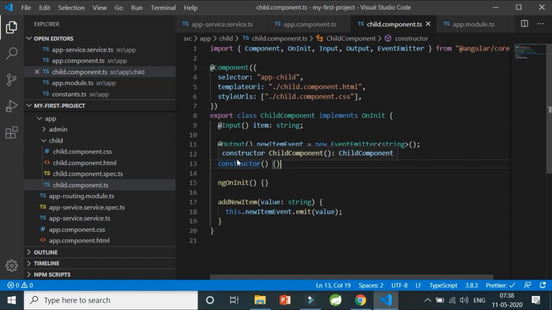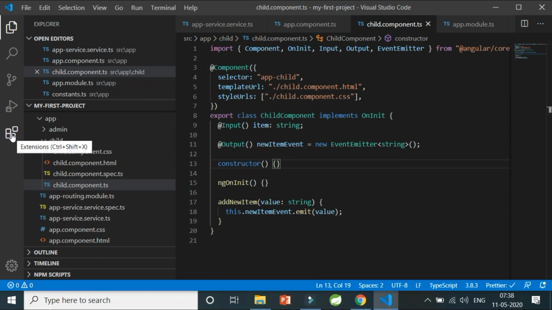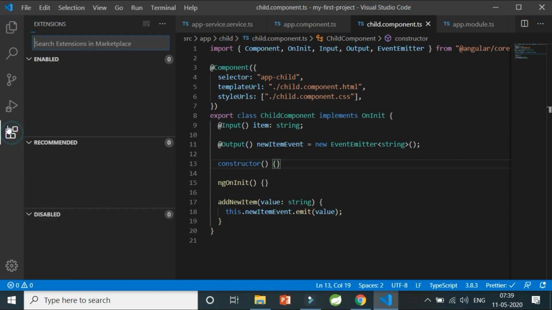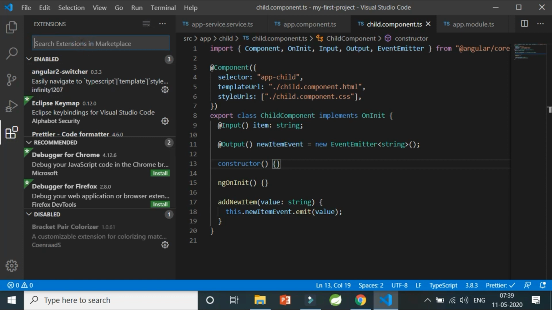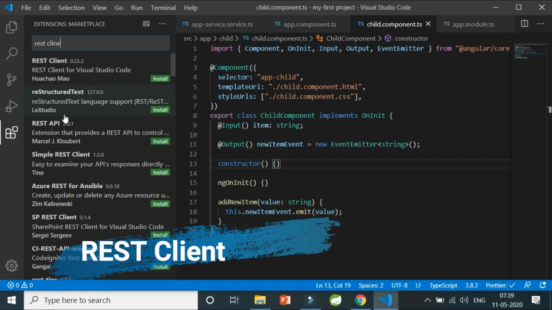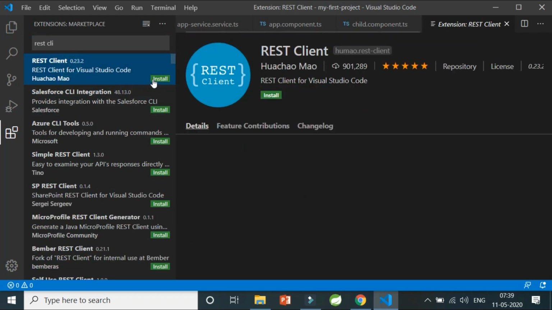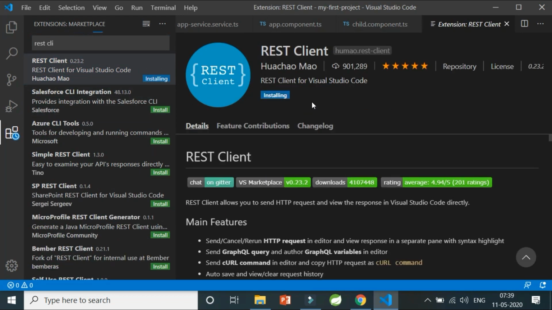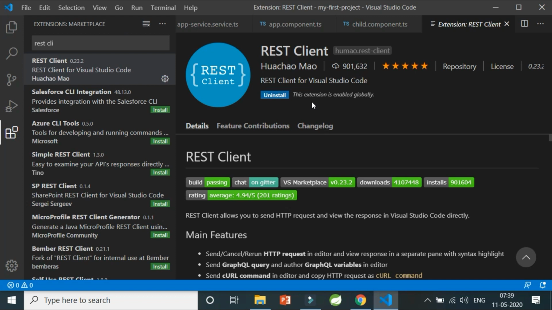Now the next two extensions are very important if you are a full stack or a front end developer and you frequently have to hit backend APIs and get or put some data through HTTP requests. So the next two extensions are for you if you do such tasks. This is REST Client first. You might know that REST client is a way to communicate from your front end to back end. That is how you actually hit your backend APIs.